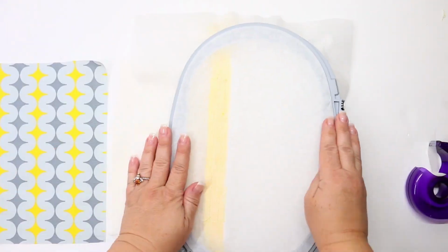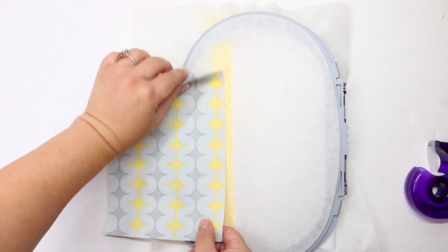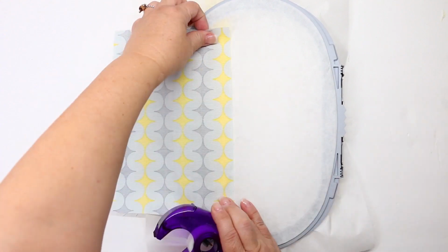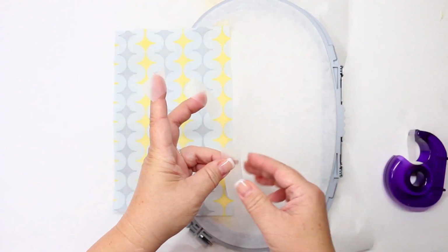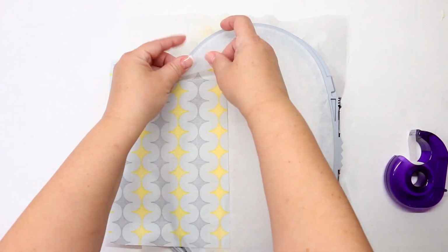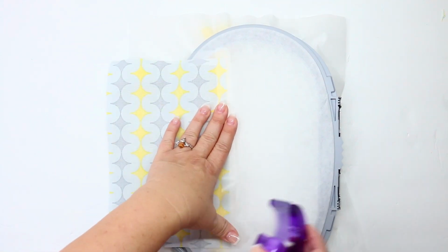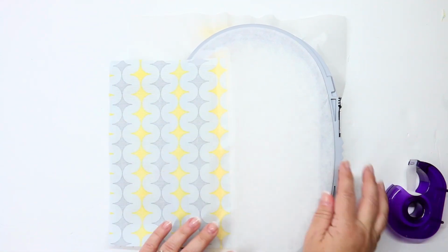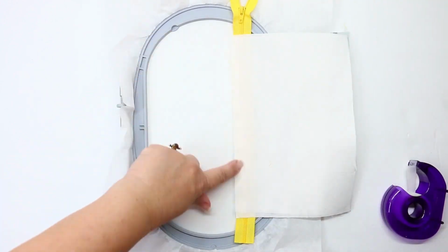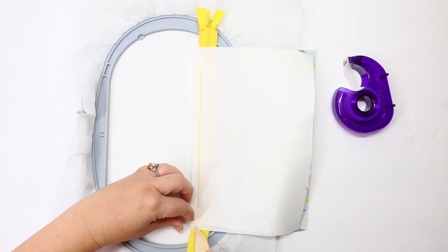Turn your hoop to the wrong side and place that bottom front lining with the wrong side facing up along the long bottom edge of the zipper tape. Secure with tape, and I like to use a couple of little pieces along the short ends. Make sure they secure against the plastic of the hoop, and then one long piece on that long edge. Turn your hoop to the right side, and now it's time to sew that stitch to hold the zipper in place. You can go ahead and remove that extra tape